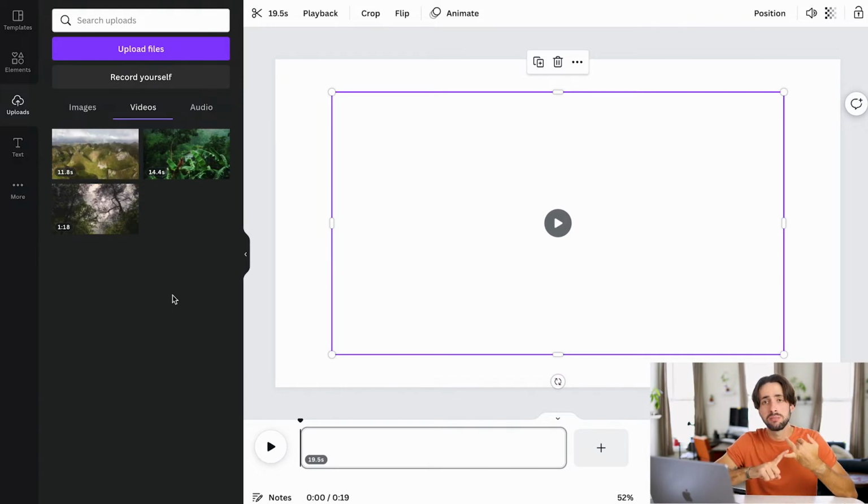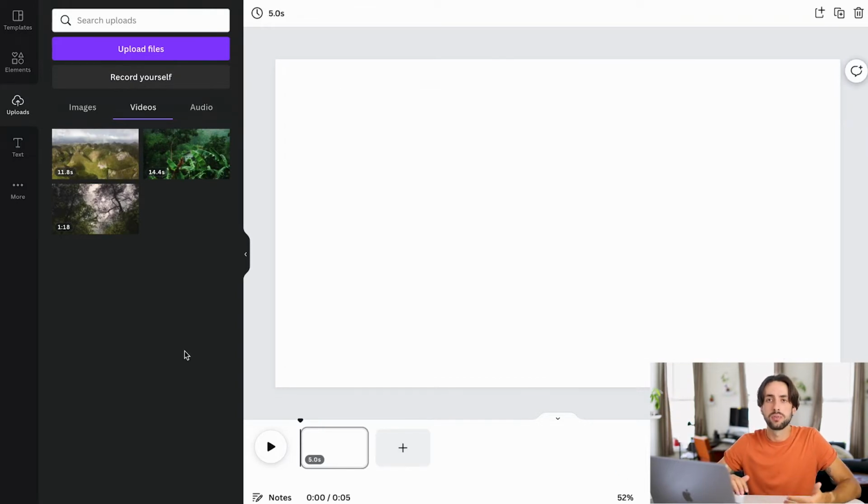It's going to depend on how many you have, the size of them, as well as your Wi-Fi and how fast it is. Because you're not editing it off of a hard drive and you have to upload it to Canva, it is dependent on the internet. So just know that it may not be super quick. I expedited the process for the video purposes. So let's just keep that in mind.